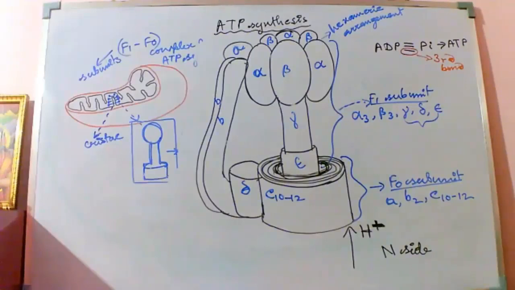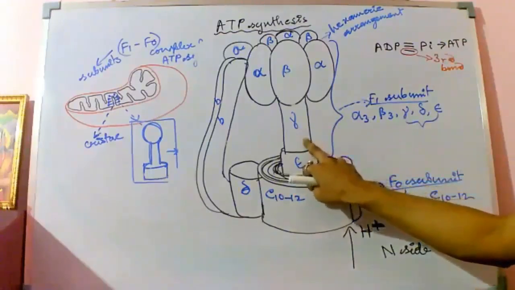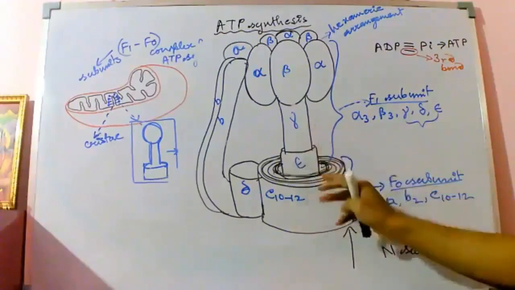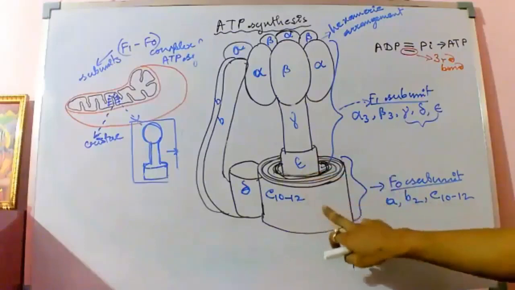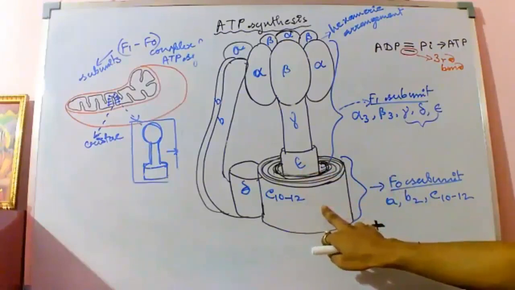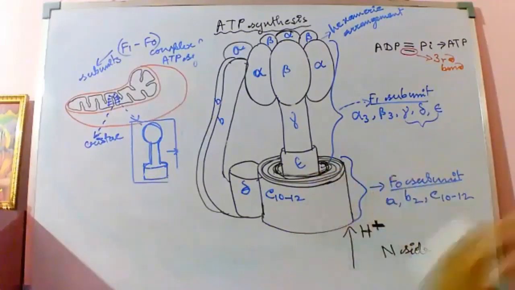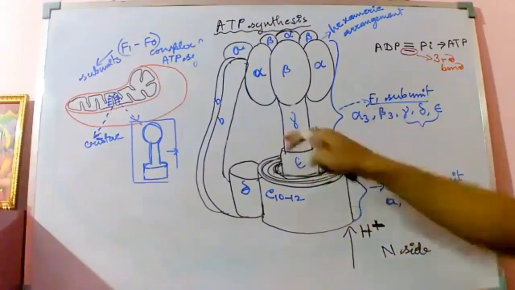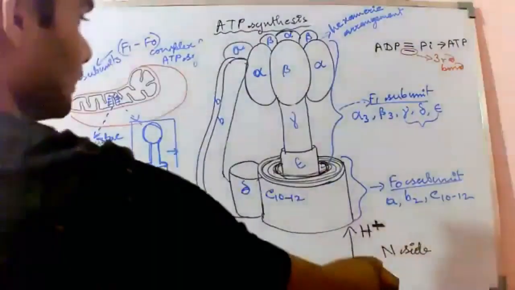When the electron transport chain was so powerful that it could generate a proton pump or an electrochemical gradient, at that time what happened? This F1 complex, or F1 subunit, of the ATP synthetase enzyme gets detached temporarily from the F0 base, for the time being, due to the pressure of the electrochemical gradient, due to the voltage difference of the matrix and the inner membrane. The F1 subunit gets detached, but how? It is getting detached in this way.